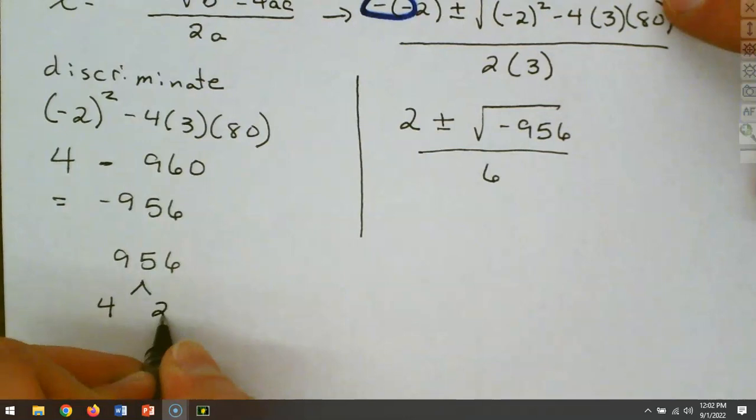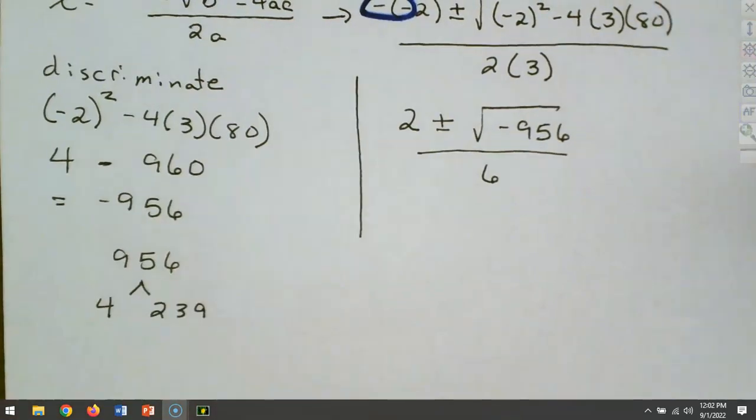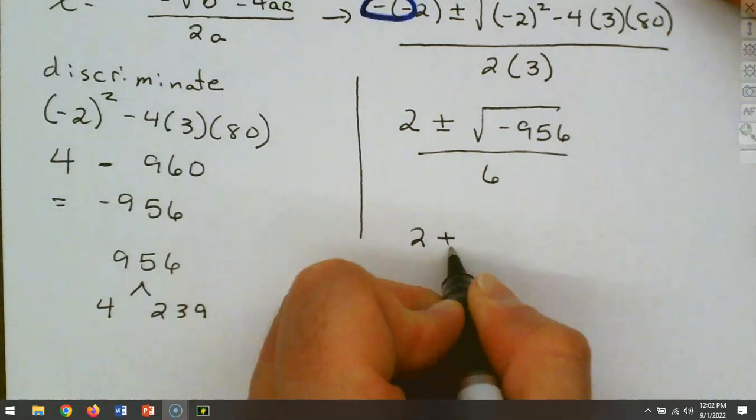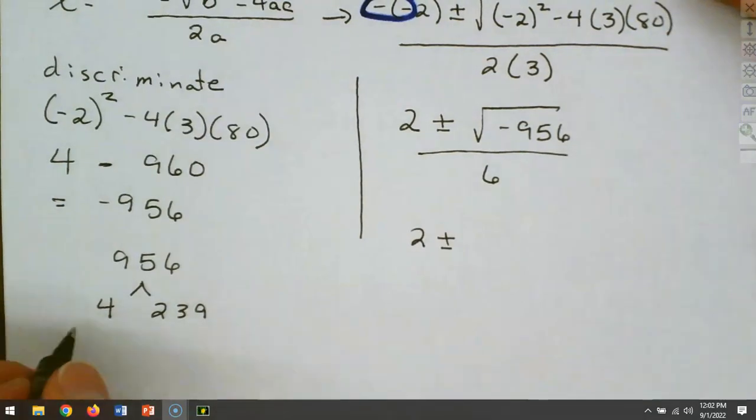So 4 and 2, 39. 239, we'll see if a 3 goes in there. It does not. 13 does not go in there. Nothing else goes in there, does it? I can't think of anything else that'll go. 3 won't go. That means 9 won't go. 7 won't go into there. So I can't break it down any further. Right? Nothing else will break into that. So now we can rewrite this as 2 plus or minus